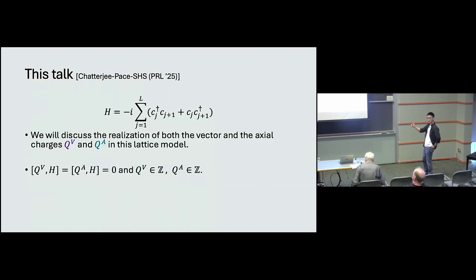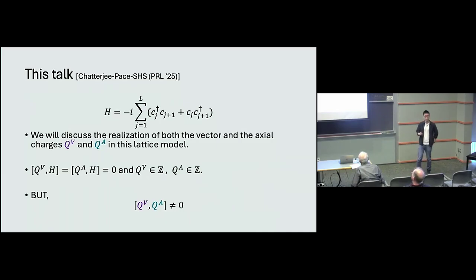Both of them have integer eigenvalues. So when you exponentiate them, they generate a compact U1 global symmetry. This is to be contrasted with the R global symmetry or R gauge theory that Thomas discussed in his talk. So this all sounds nice and rosy, but there's always a catch in theoretical physics. And here the catch is that these two charges do not commute on a finite lattice. And we'll see why that is important later on. All right, so that's the punchline. And now let me get into the details on how to derive this axial charge.